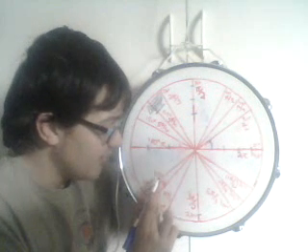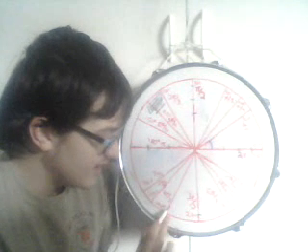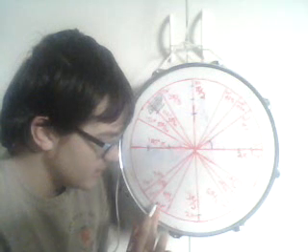This line is 7 pi over 6 radians, or 210 degrees, with this line being 5 pi over 4 radians, or 225 degrees. This line is 4 pi over 3 radians, or 240 degrees. This line is 3 pi over 2 radians, or 270 degrees, with this one being 5 pi over 3 radians,